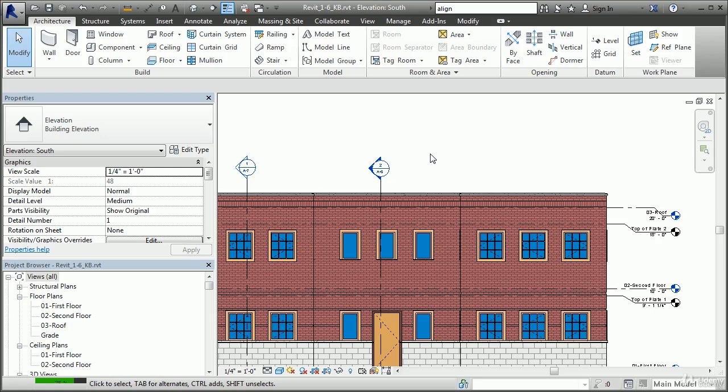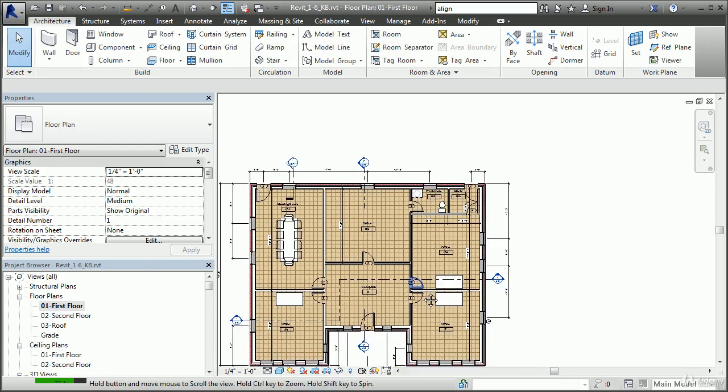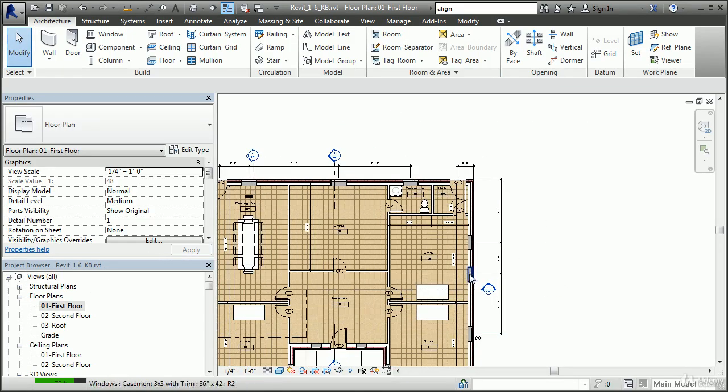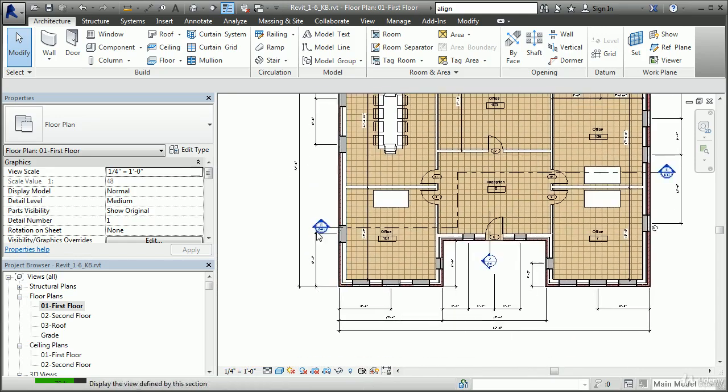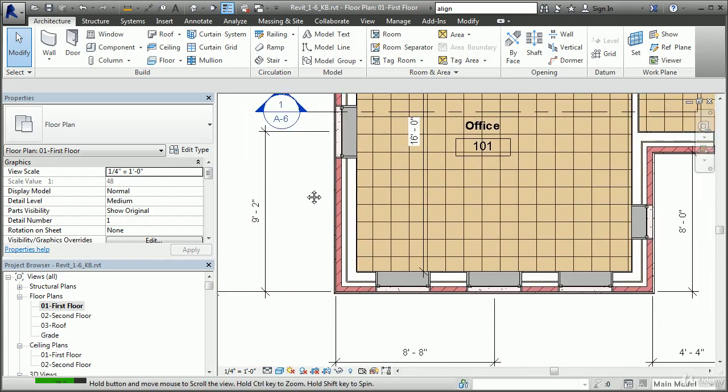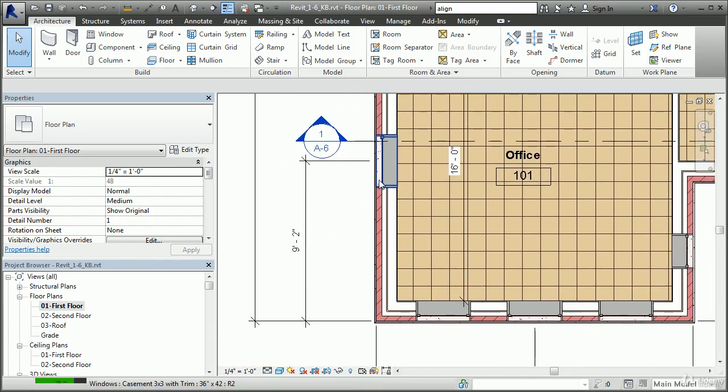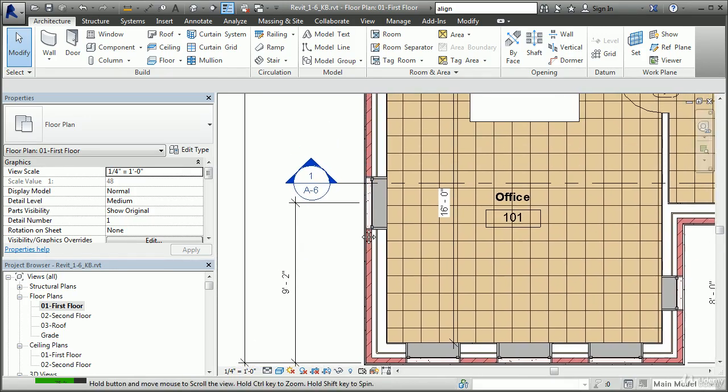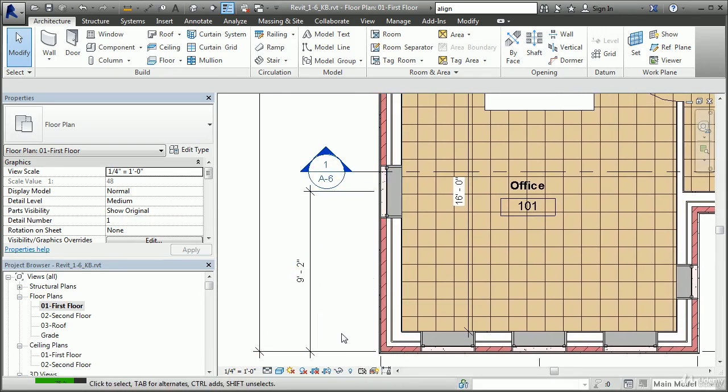Dimensions are not only associative, as in regular AutoCAD or another CAD program, but are truly parametric, being able to drive the design. Let's take a look in the first floor plan view here, and I can illustrate this by coming in and selecting a window. We'll just pull in here to this area. Now we see that the window on the side of this office is located 9 feet 2 inches from the